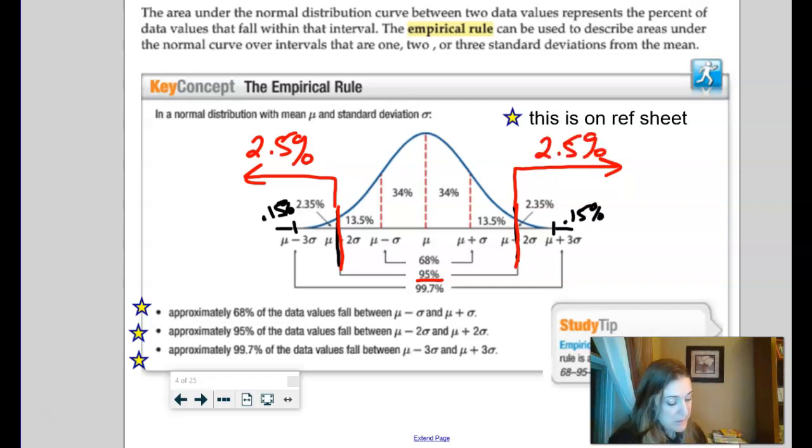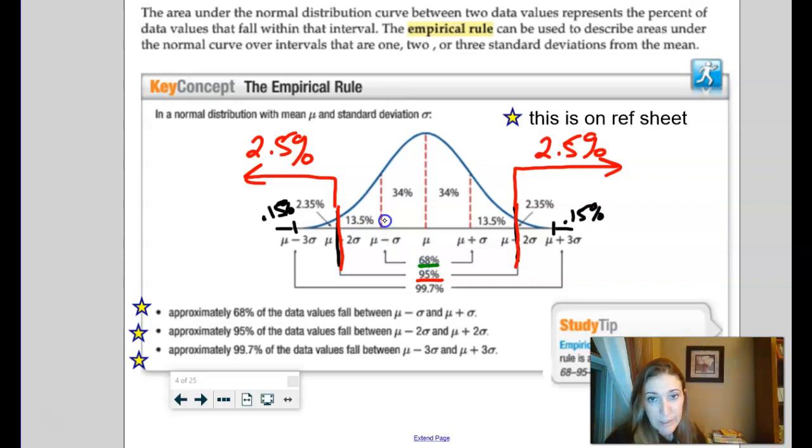Now, you don't see that number 2.5% on the empirical rule here because they've broken it up into chunks, and they took this 2.5% and they took off that teeny tiny 0.15% tail, and that's where that 2.35 came from. Okay, so similarly, if you come into one